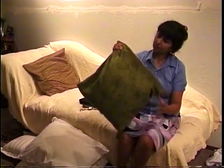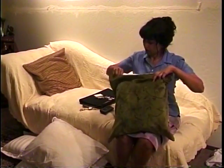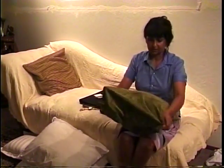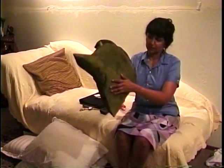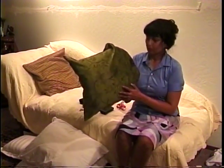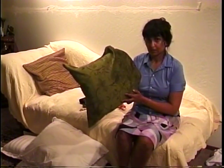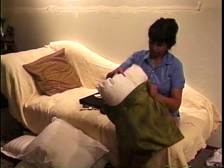Now then, following my $10 rule, the pillowcase was $10 on sale after Christmas. I like the velvet because it's nice and, since it's solid, but it's got a little pattern to it. It's not textured, but there's a pattern. You can kind of layer this and do some color blocking to just make a nice presentation on your sofa. And on this one,